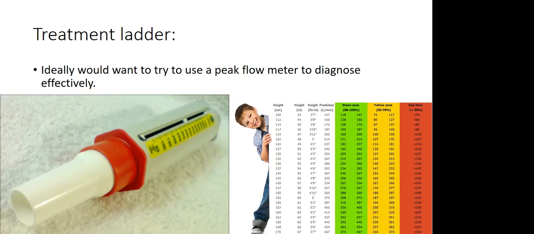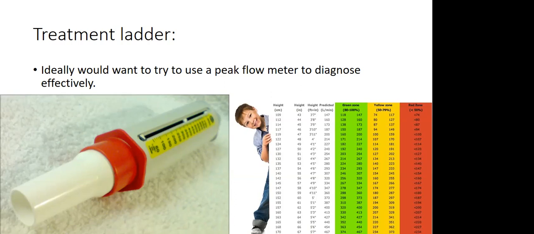We need to think about maybe bringing them onto the bed for some more regular inhalers. We'll be thinking about maybe they even need oxygen, some steroids, all these kinds of things. So generally the red zone, you'd want to bring on bed. Yellow zone, you can look at managing as an outpatient perhaps. And green zone means they're probably okay.